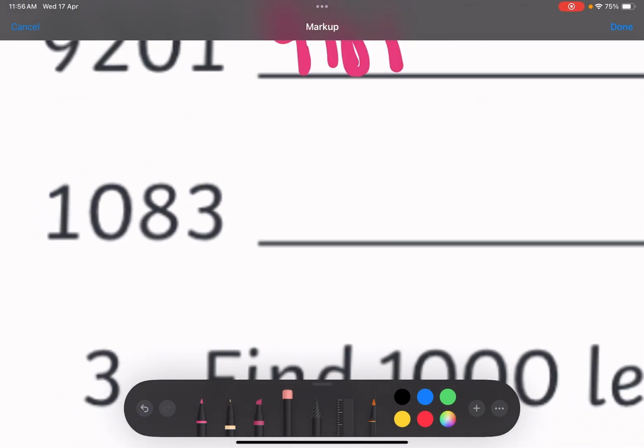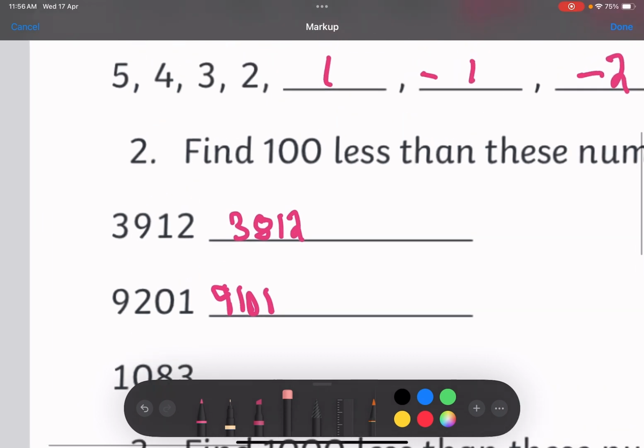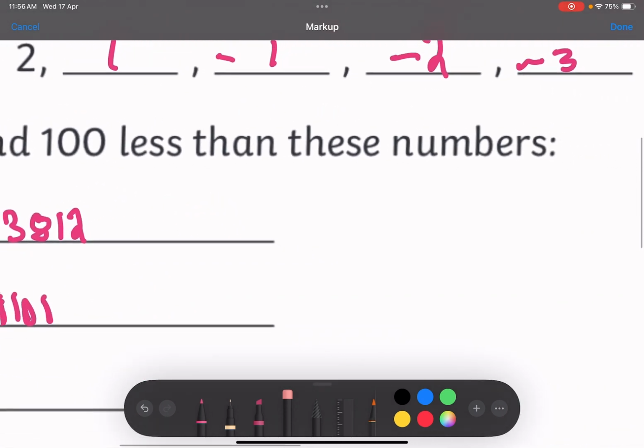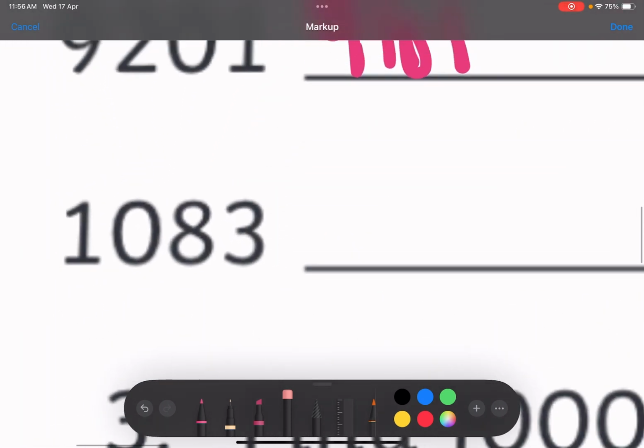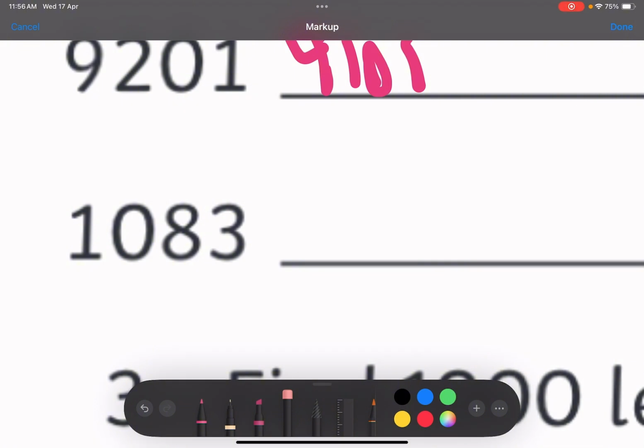So first, here it says find 100 less than these numbers. So 100, 1000, and then there's a placeholder, which is 0, 83. You can't take away 100 unless you do something. So here I'm going to teach you. All you have to do is write 1000, 0, 83, then,